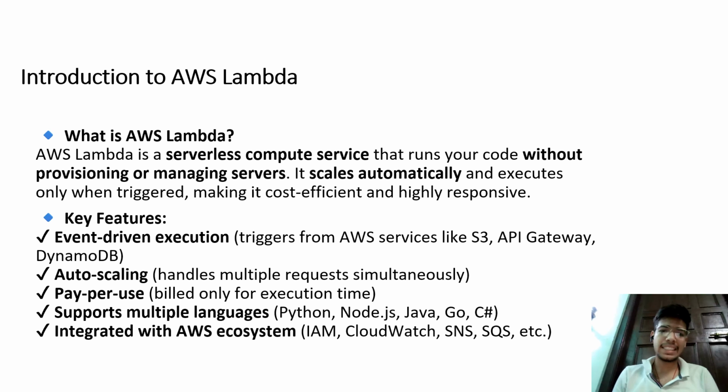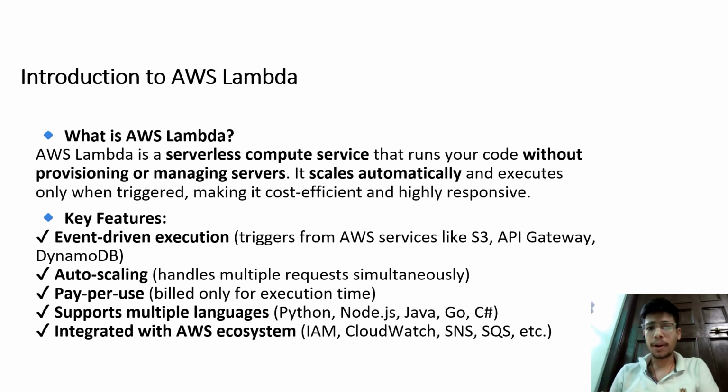We all know about EC2 instances. When we deploy an application over EC2, we need to build the entire environment for that application. And when your application is deployed, you still need to keep monitoring that environment, like whether it's in a sane condition or not. But with a serverless compute service, you do not actually have to do that. The backend part is all taken care of by AWS itself.